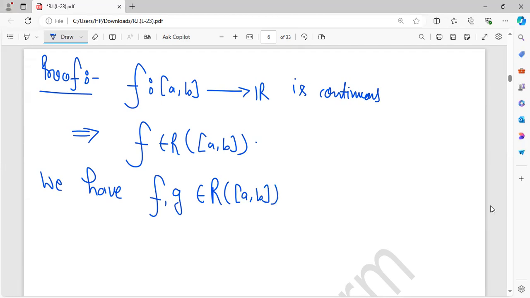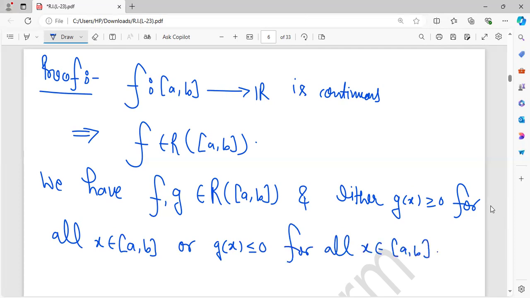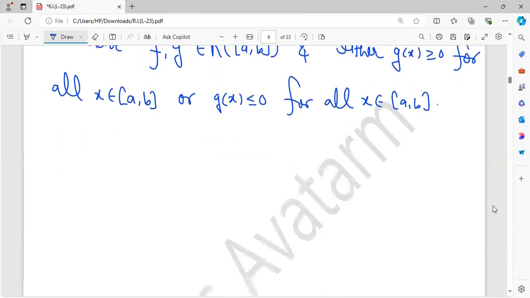Now f and g are Riemann integrable, and either g(x) is greater than or equal to 0 for all x belongs to the closed interval [a, b], or g(x) is less than or equal to 0 for all x belongs to [a, b]. Now by the generalized